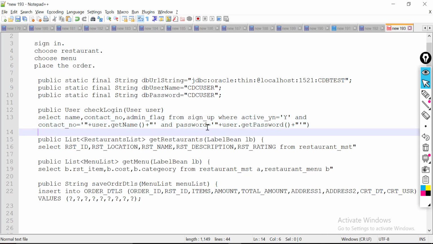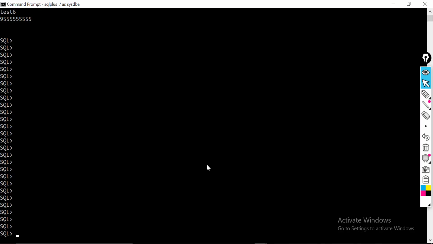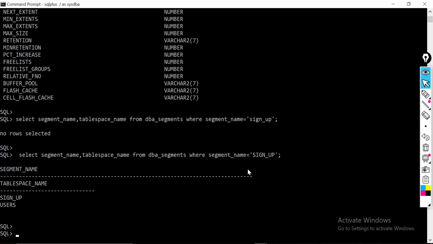So where is my table? Let me try to do some dictionary table check to understand where my table is. It is in the users tablespace. Let me open file name, tablespace name from dba_data_files, where tablespace name equal to users.